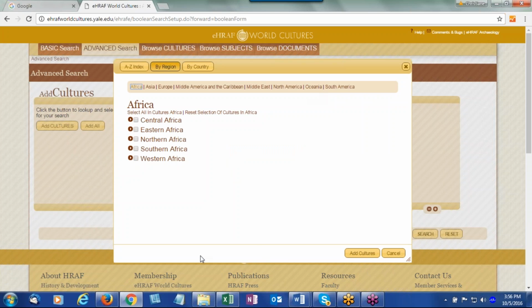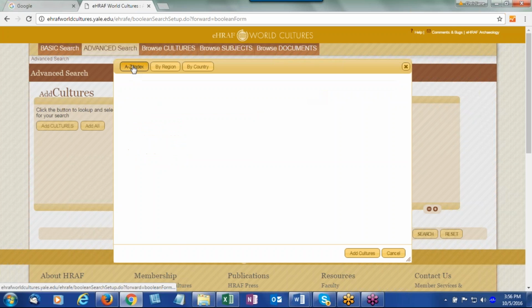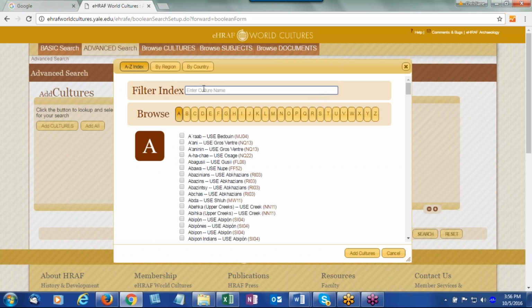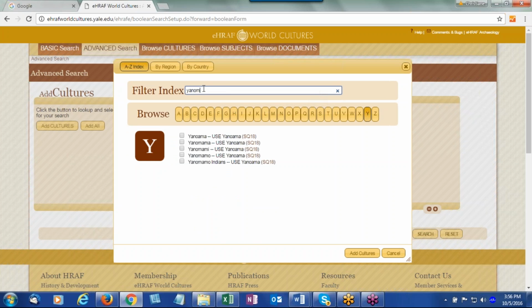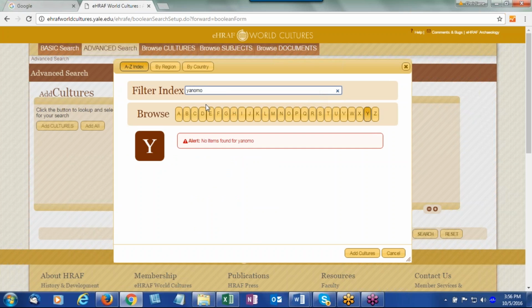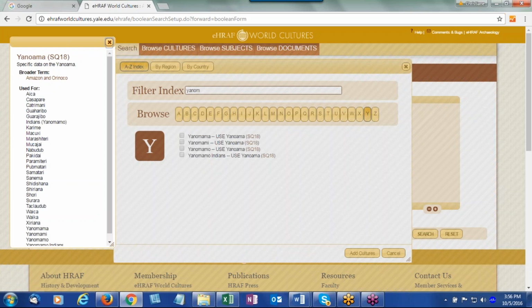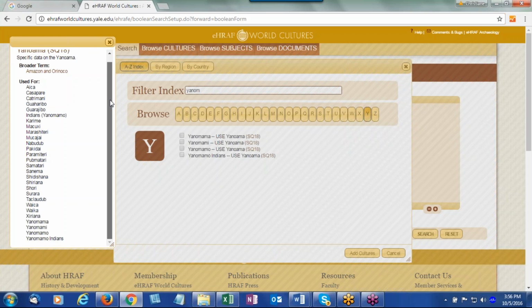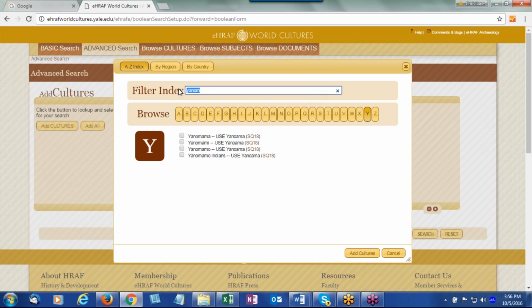Here, similar to browse cultures, you can click add culture, kind of like an Amazon.com shopping cart, and select your culture name from an index. So if you type in Yanuamo, and if you make a mistake, you're not going to find anything. It also helps to click on it just to see what there is. If I wouldn't know the Yanuama by that name, but let's say I'm looking for Waiki,